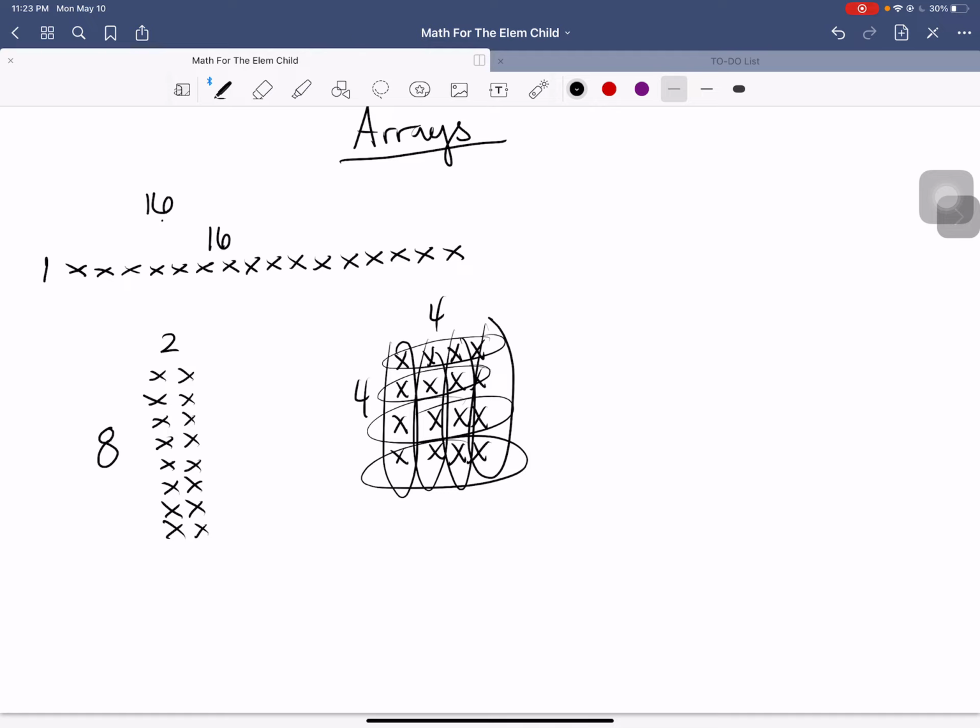Even if your child was to say they drew it a different way, this